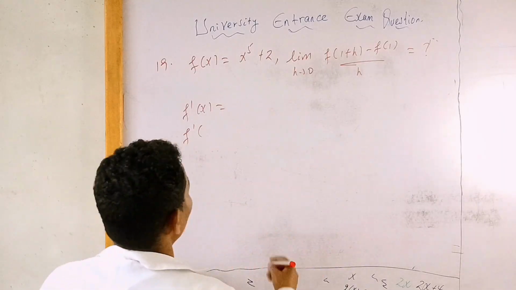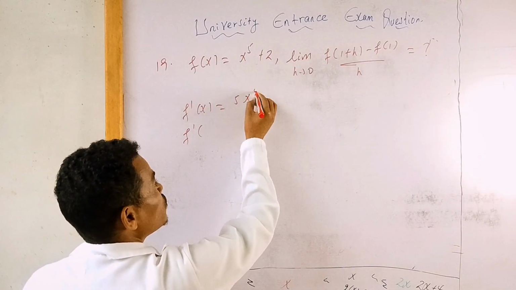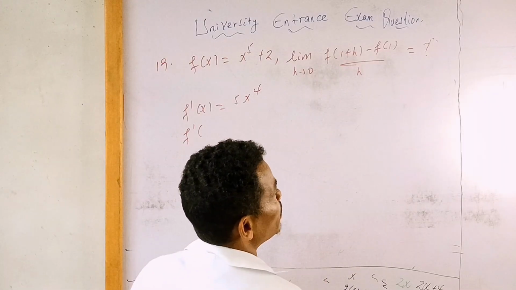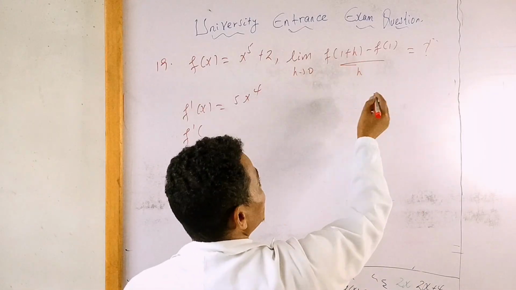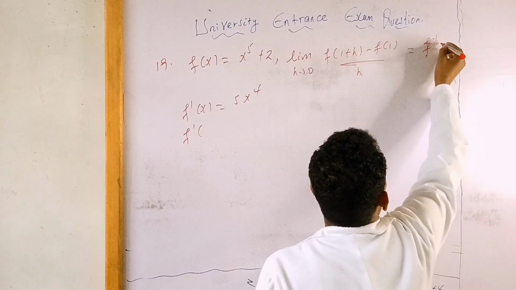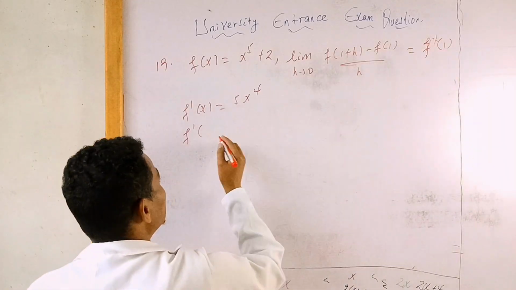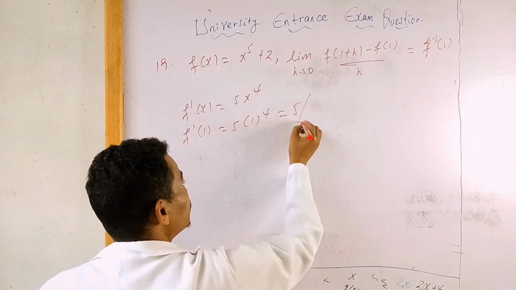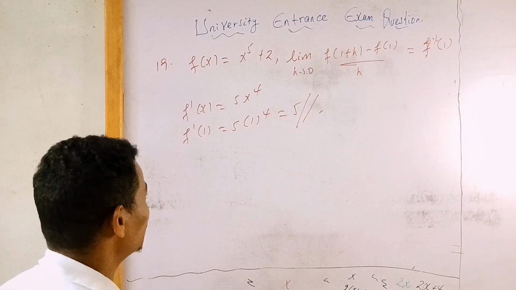f derivative at x is 5x to the power of 4. The limit h approach to 0 f of 1 plus h minus f of 1 over h is the same as f derivative at 1 ማለት ነው። ስለዚህ f derivative at 1 is equal to 5 times 1 to the power of 4 which is equal to 5 ይሆናል ማለት ነው።